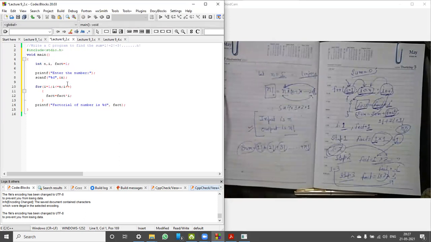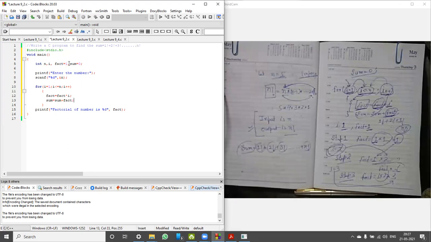Okay. Now I want to calculate the sum of all the factorials. Now I can initialize any sum variable. I can use sum is equals to 0. Initially, I'm using sum is equals to 0. And in the loop, I am using sum is equals to sum plus fact.